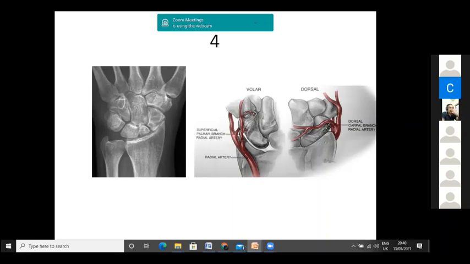Due to avascular necrosis, probably. Okay, so why did you say there is an avascular necrosis? Because it looks like there is a non-union, sir. Okay, so definitely you can say a non-union there, because there is a fracture of the scaphoid, and as you rightly said, the articular surface is reduced. So there are changes of arthritis. There is a non-union, but how can you say there is avascular necrosis?